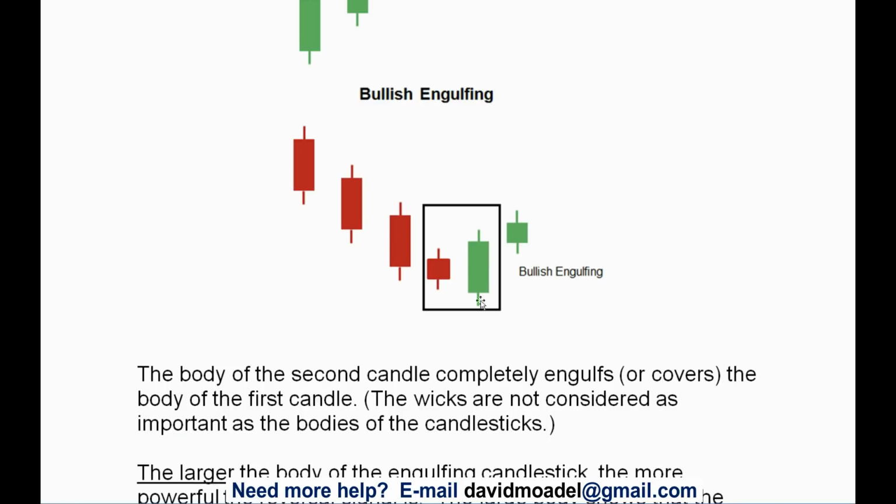All right, so you're looking for a longer body that could indicate more conviction. You're looking for more volume. Look for that volume bar, and if the body engulfs the previous body and the wicks, that's even more conviction there, according to this theory.